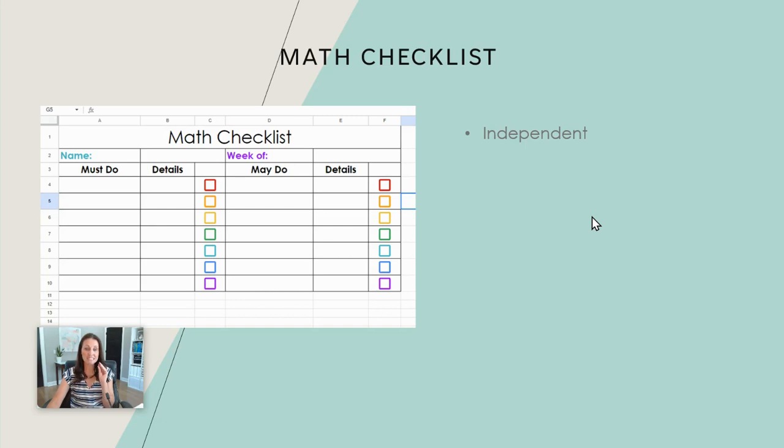So the math checklist is literally a Google Sheet that has those check boxes. You can see those colored check boxes, and those are checkable. So the kids can just come in and click it, and so they know that they've taken care of that task. One of the main things, whenever you're giving them a list of their must-dos and a list of their may-dos, which is how I structure it so that there's always things to keep them on task,